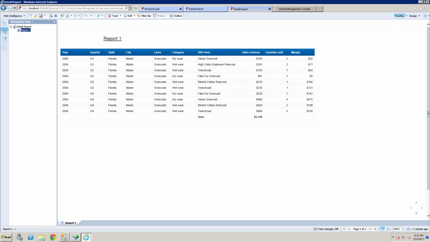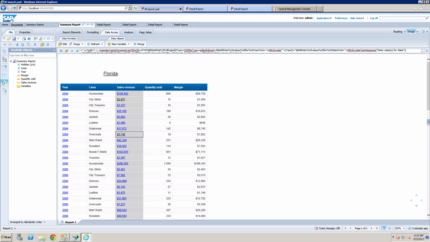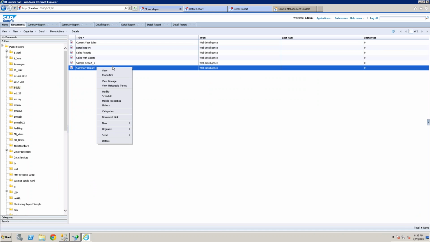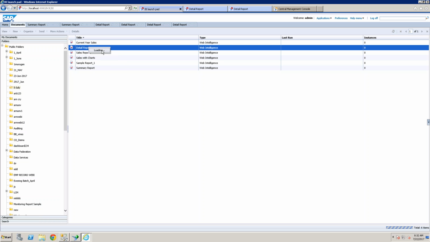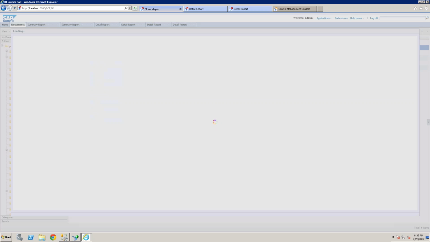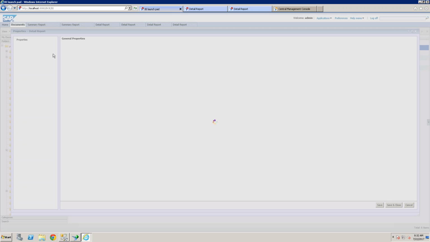Okay, how is this linking functionality working? Basically, a report normally opens based on a specific ID. So whenever you create any report, that report is saved with a particular address. The address is nothing but the ID and CUID. This ID and CUID information is saved in the BO repository. With this, it will identify where the report is physically located.